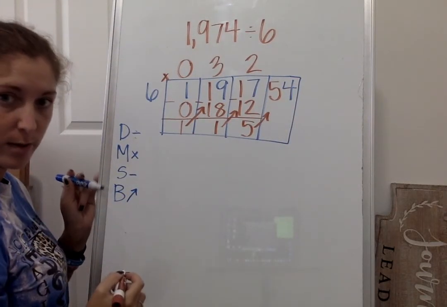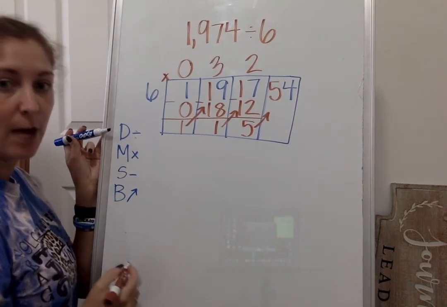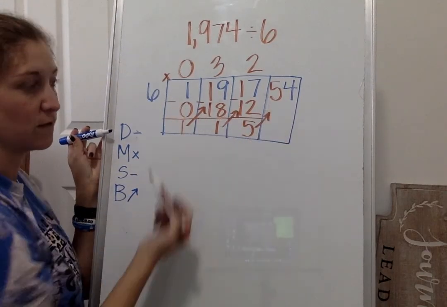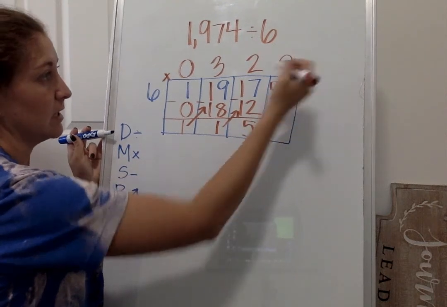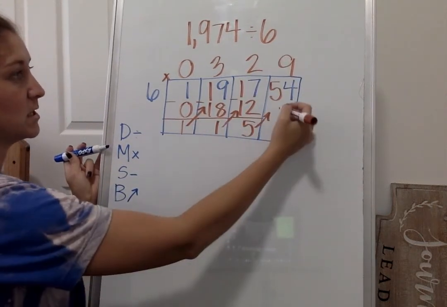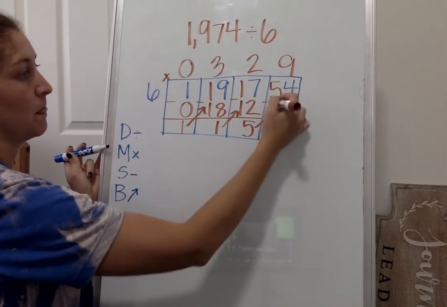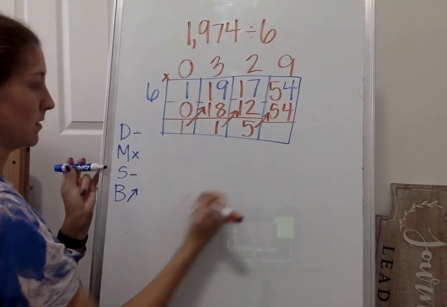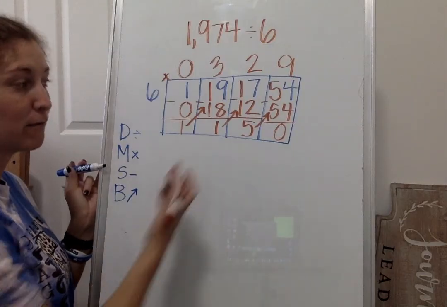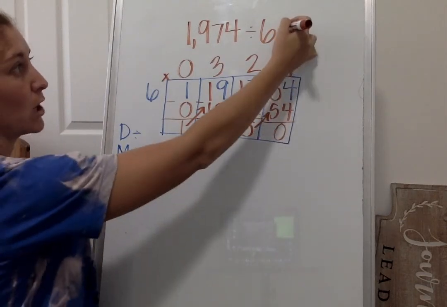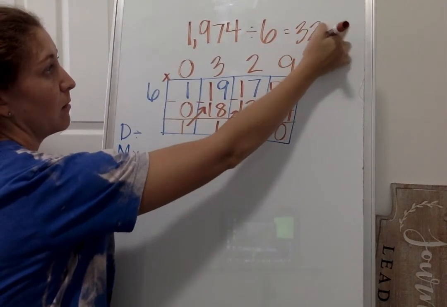Starting all the way back up at the top again. How many times can 6 go into 54? Well, 6 can go into 54 9 times. 9 times 6 is 54. I subtract, get 0. I have nowhere to bring it over now. I'm finished with the problem. So my quotient for this problem is going to be